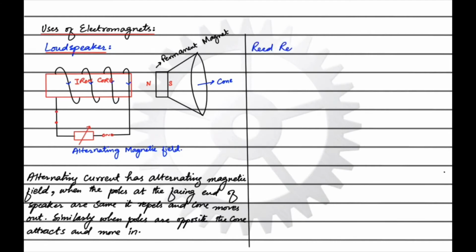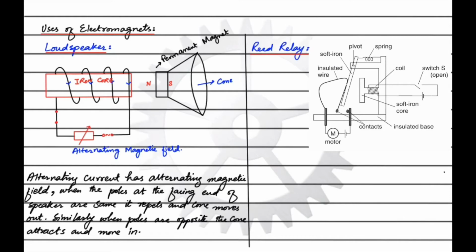Similarly, next in line is one of the most important applications of electromagnets in daily life, and this is the reed relay. A reed relay is a safety device, and it is used in electrical appliances where a large operating current is required for the appliance to work, such as in motors or transformers. A relay can prevent a possible electric shock that can occur if you come in contact with a wire that is carrying current. So if an appliance is carrying current of greater magnitude, there is greater danger in operating that appliance. In order to avoid this situation, a relay is connected to turn the appliance on or off.